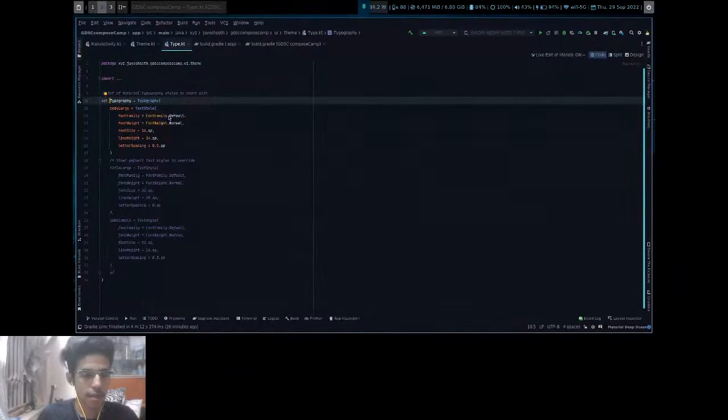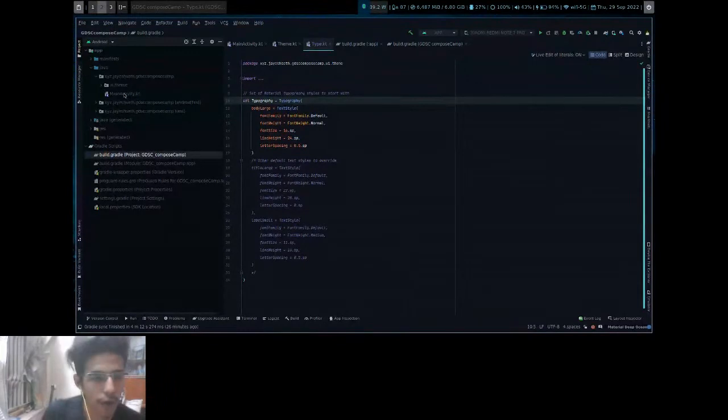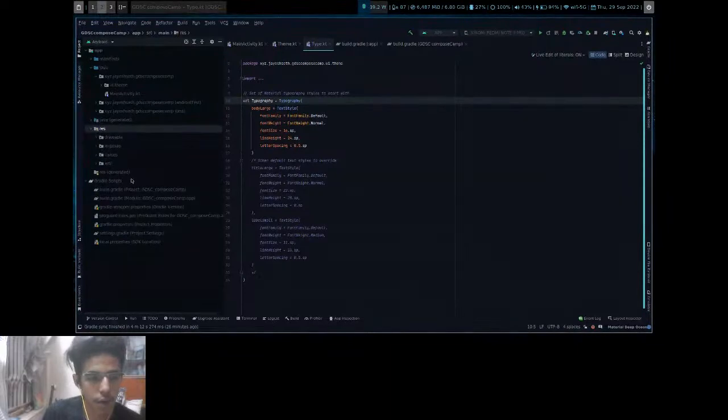So if you want, all the project section is here. I can't zoom here, I guess. No, I can't zoom. I hope you can see it then. So there will be one folder and one main activity generated in Jetpack Compose. And if you open the resource folder, you will see that there is no layout folder here because it's Jetpack Compose.